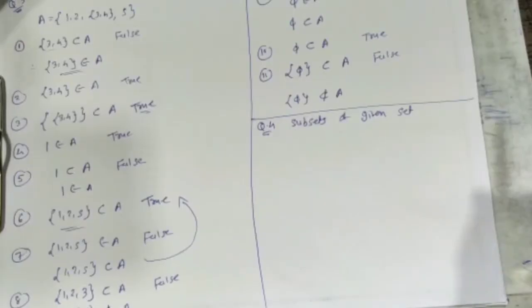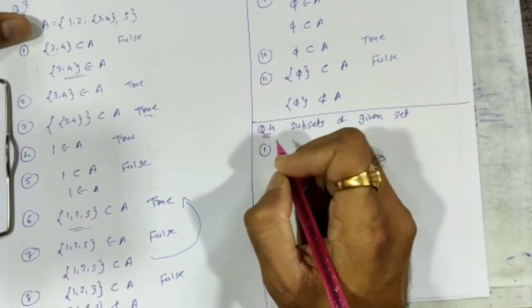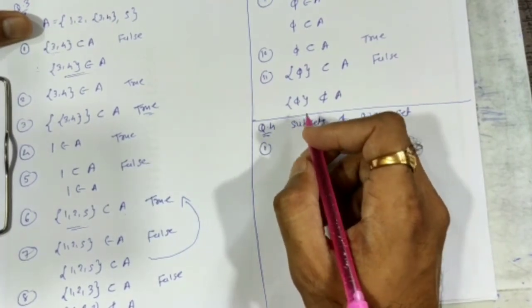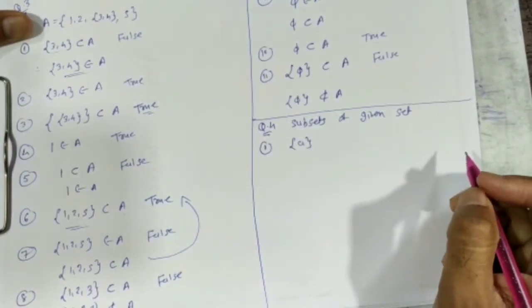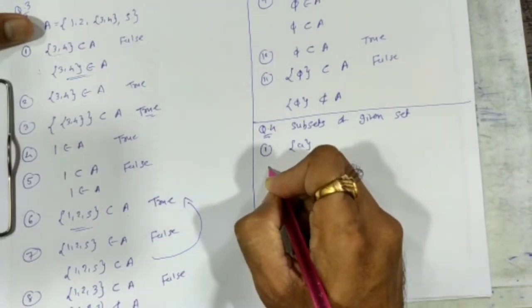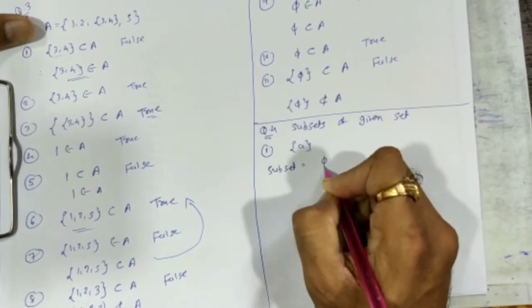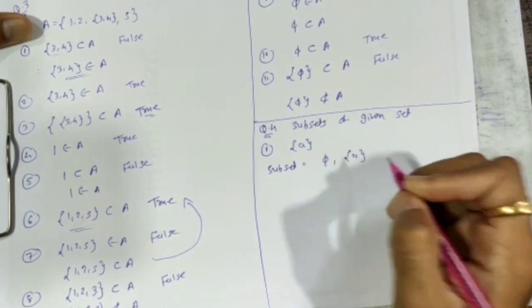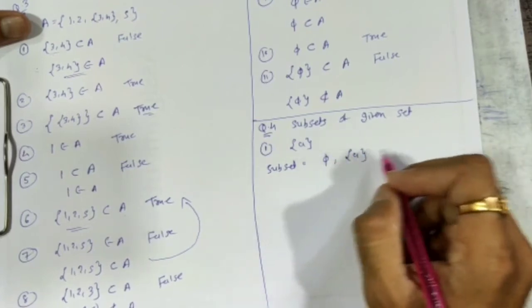फोर, क्वेश्चन नंबर 4, you have to write the subset of the following sets। सबसेट लिखना है। So question number 1, so first is given set with element A, so all possible subsets are: null set is the subset of all the sets, and set itself is the subset of itself. Done. So these are the all possible subsets.